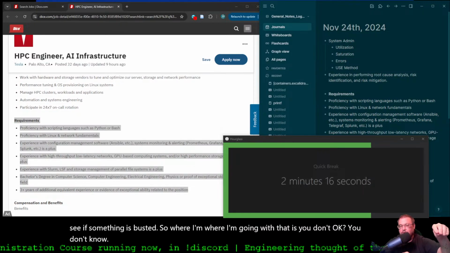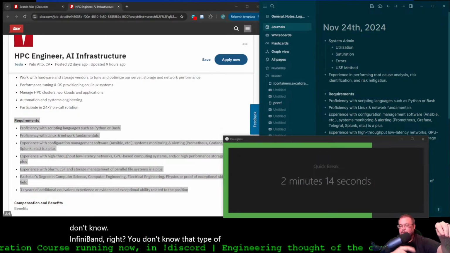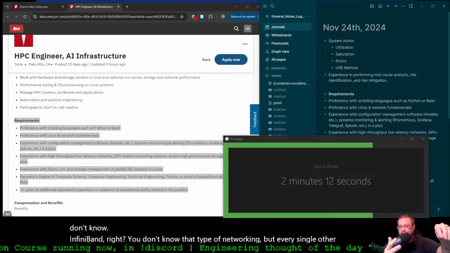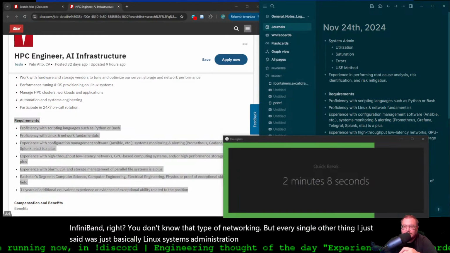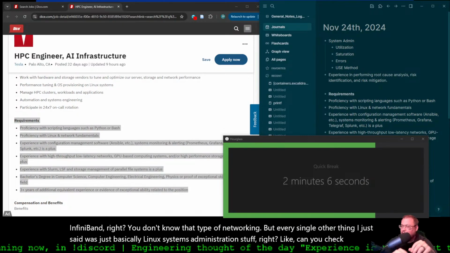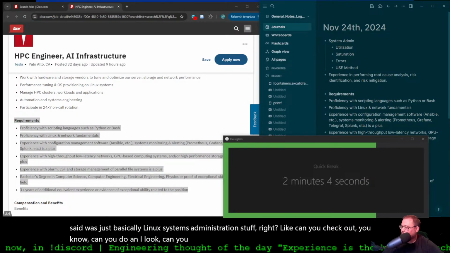So where I'm going with that is, you don't know InfiniBand, right? You don't know that type of networking. But every single other thing I just said was just basic Linux systems administration stuff, right? Like, can you check out, can you do